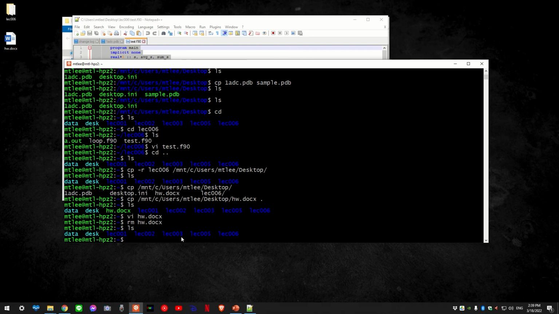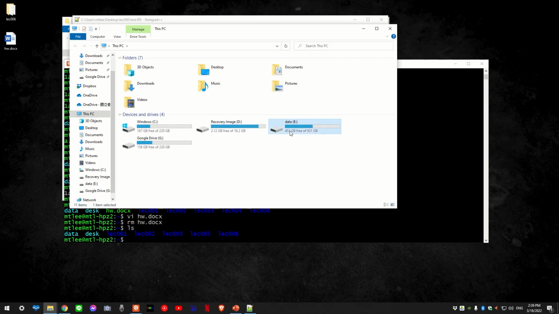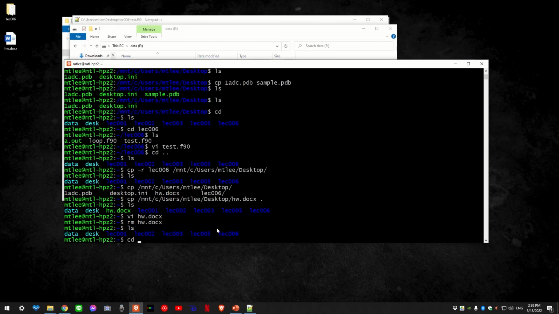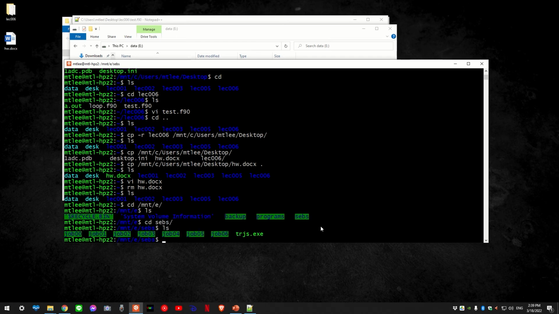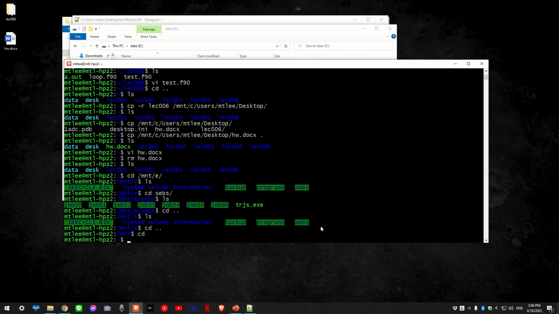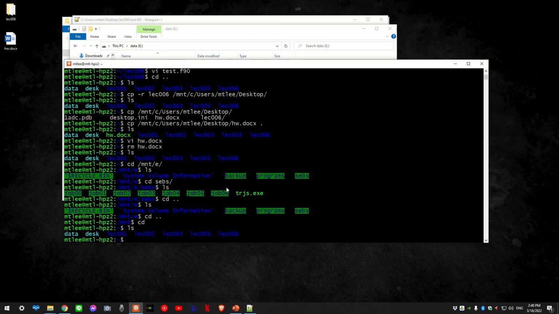So this is how you can operate with your file. But say you have something better. You have your D partition that you can go straight to E partition. You can go here and play with this file, right? This is a file I have. I can play with that. When you do a lot of this operation, you will realize that it is a little bit inconvenient, right? Because every time you want to access a file on desktop, you need to type something as long as this. If you are really sensitive, you realize that I have a link over here, right? But say I delete one of that and tell you what this is, okay?